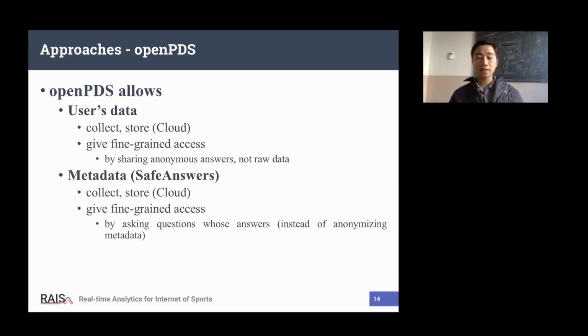So before going into detail on how they do it, let's go to the idea of the second paper of this group. In the first paper, they focus on the user data, and the second one, they focus on the metadata. What is metadata? I just want to remind you, because I believe you know. Metadata is the data about the data. When you take a picture, the picture is the data, and some relevant info about the picture is the metadata.